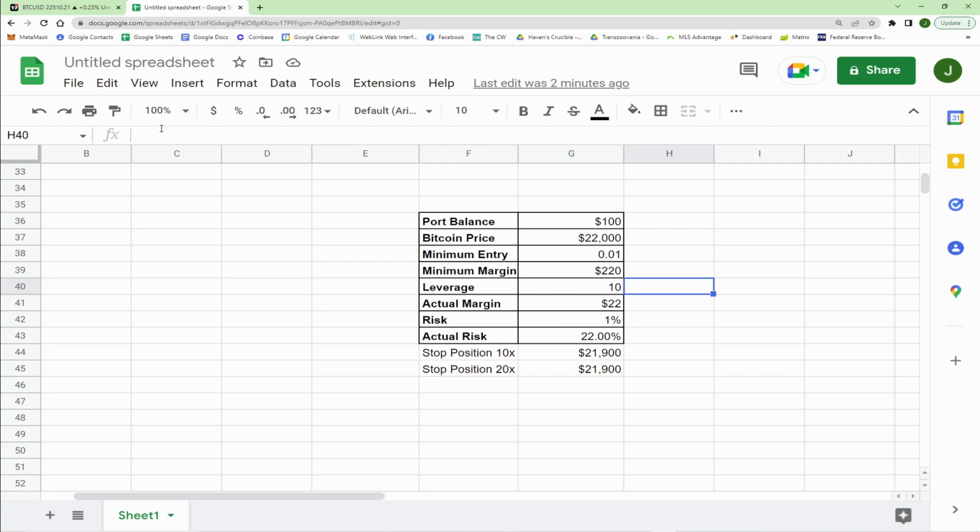So what ends up happening is they don't have a stop loss. They just let it kind of roll. And if they lose enough, they let it go into liquidation, and they're risking 22% on an entry at 0.01. And most of them get hit. They lose that 22% of their port. Now their port's only worth $78. And then they go ahead and they do it again and they lose it again. Or even worse,